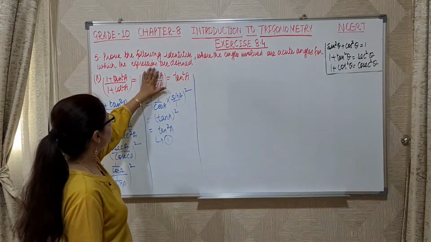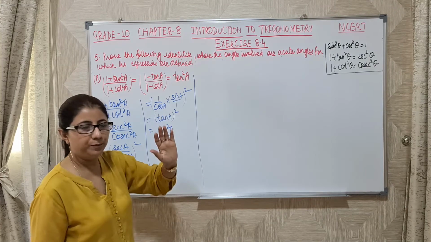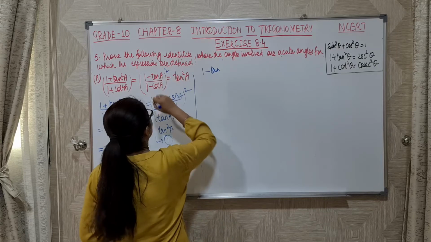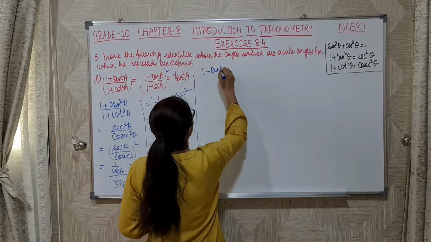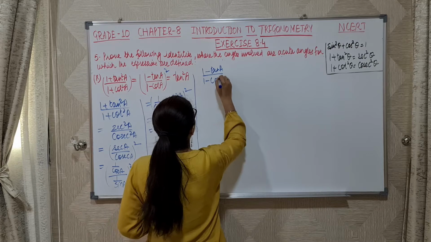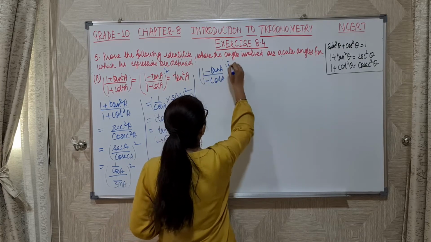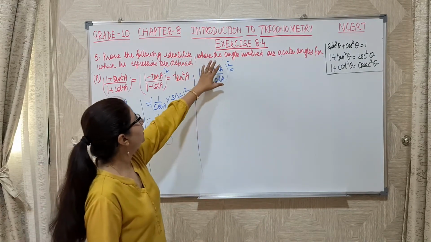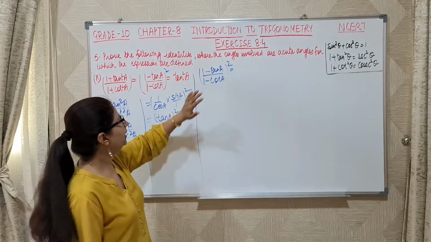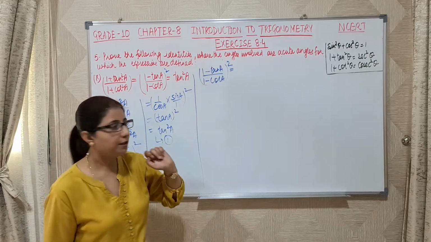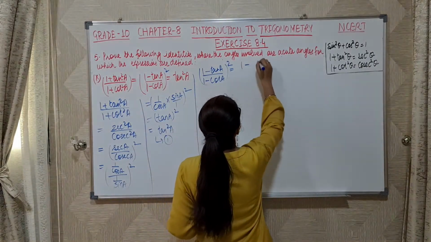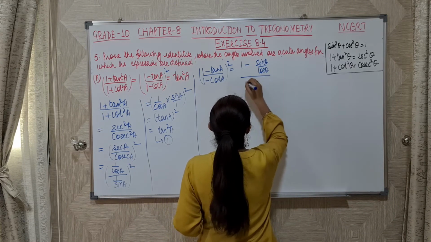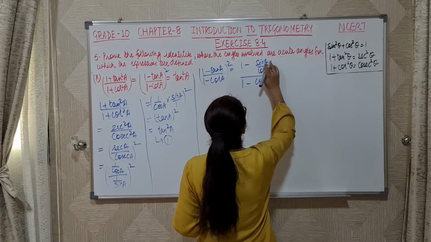Now I need to prove second is equal to third, and then all will be equal. So now let's start with this 1 minus, I think here also this is square. So tan A 1 minus cot A whole square. Okay. So how to start this? Since I cannot use our identity directly, so I'll split this in form of sine and cos. So tan A can be written as sine theta over cos theta divided by cot A is,